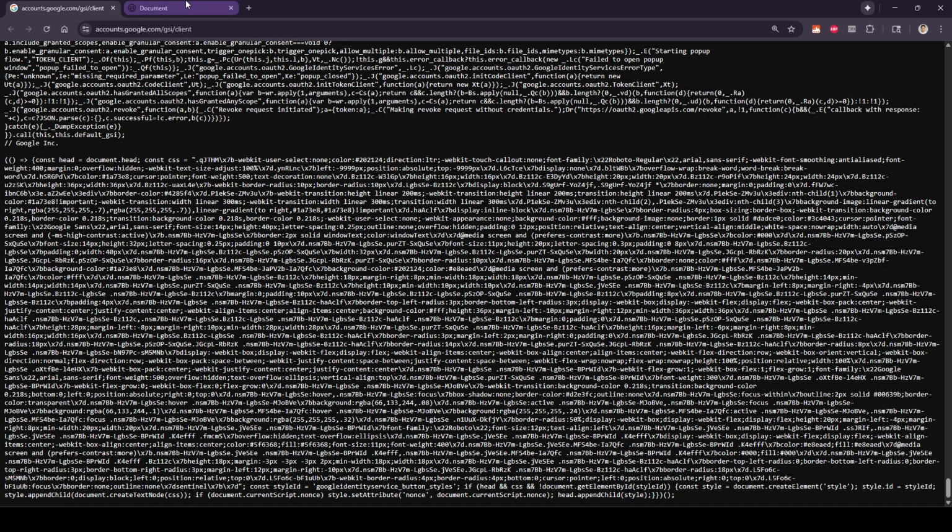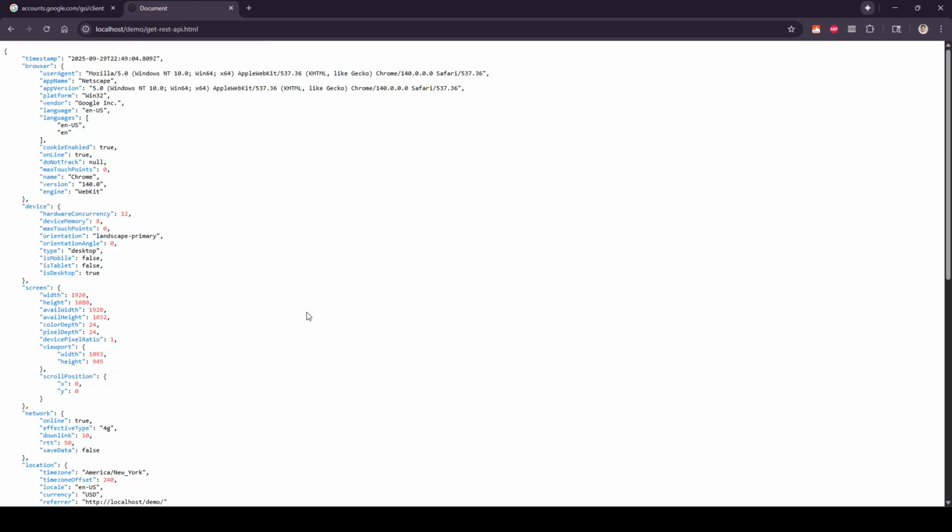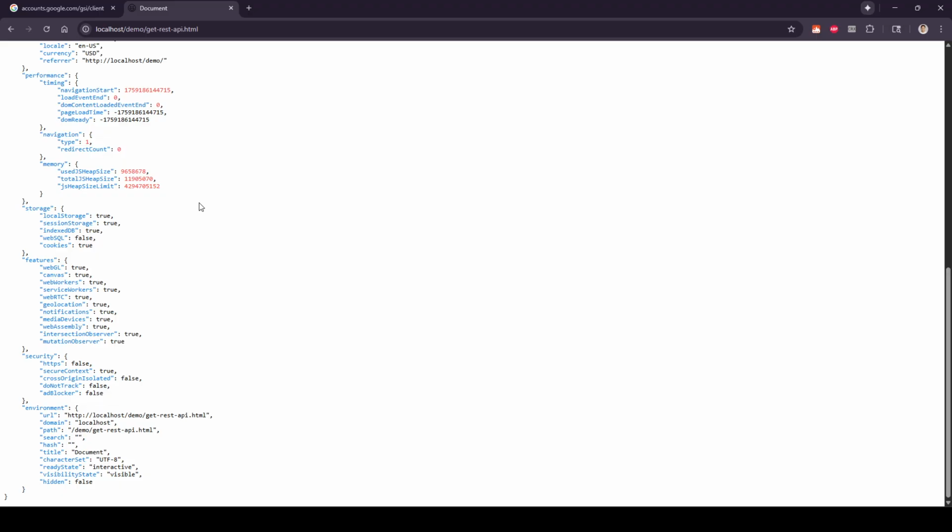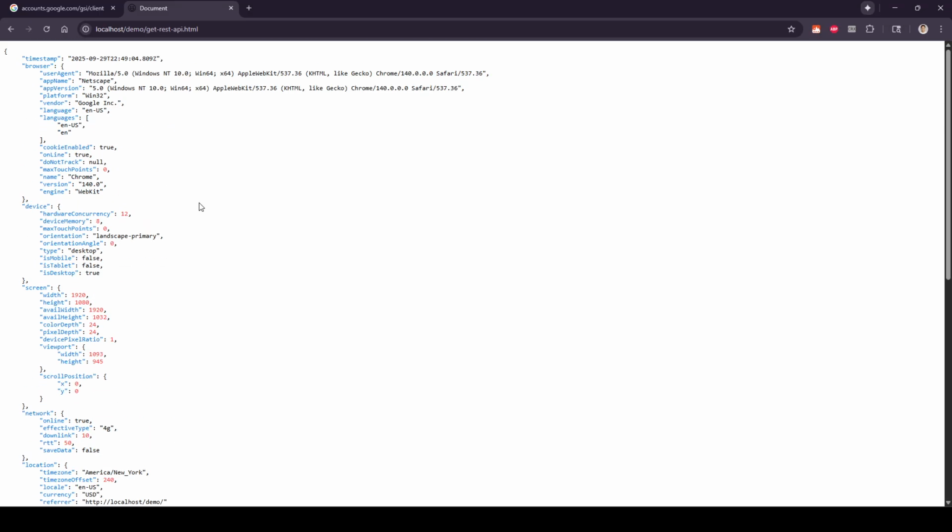So let's go on with this particular project where we are going to be building this. This is just regular browser data. Basically, it gives you all the different things, for example your timestamp, device, and so forth. I'm not going to go too much into it because I will leave a link in the description for you to download this in case you want to include it in your project, which will help make your project 100 times better. So this is what we're going to build, but behind the scenes, just to show you,